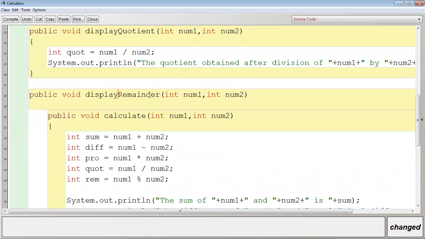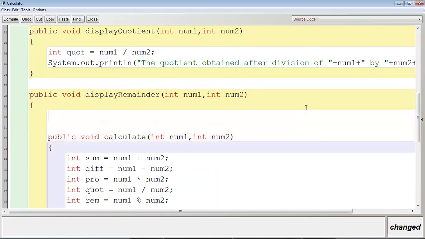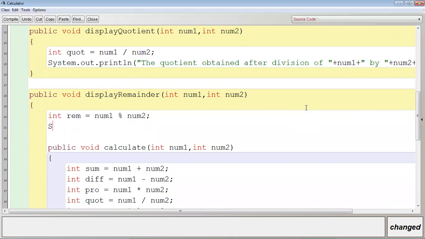Display remainder, int rem variable where we store the remainder, num1 modulus num2, system dot out dot println. Let me paste it.